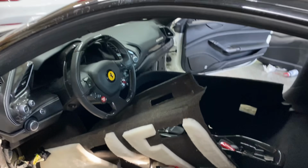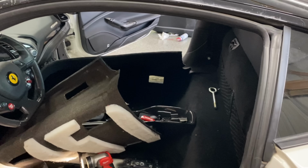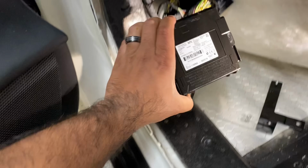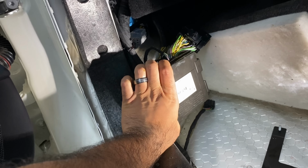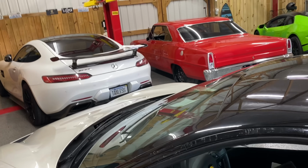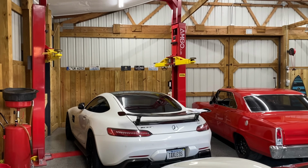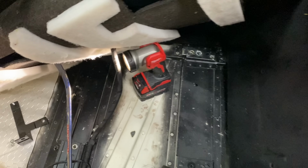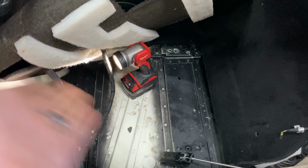I went ahead and did this side. Look at this. All the white stuff, that's your insulation. The carpets are like brand new. Nothing's wet. There's no water in there. And then you've got your main box, the one box that sits down here, about 4 to 5 inches off the ground on the floorboard. If this was a Mercedes, I would never buy it. Well, I would, but you'd have to replace a lot of modules, because on Mercedes they put all the amplifiers and modules on the floorboard. Ferrari, on the other hand, is basically an aluminum floor. Along this back side, the highest side, probably about a foot up in the backrest,